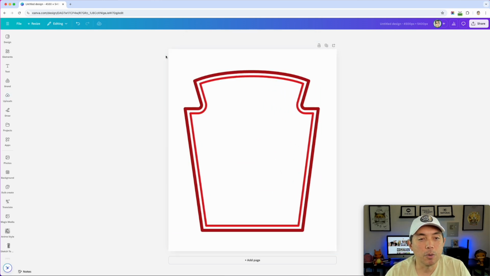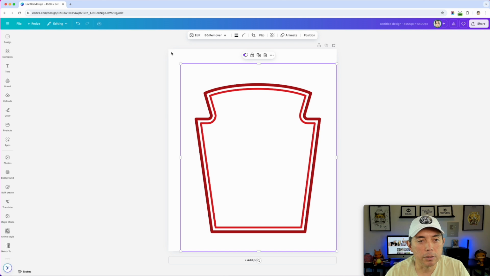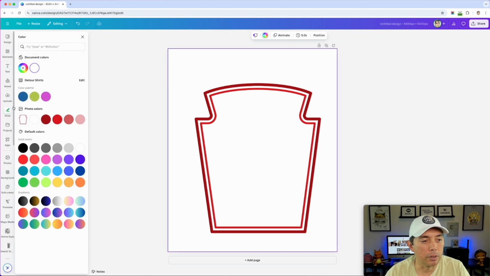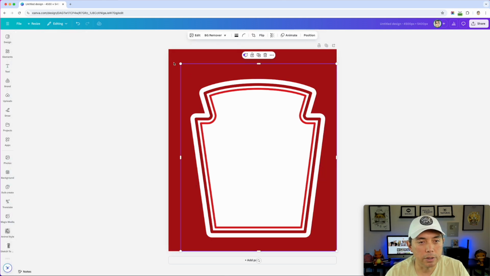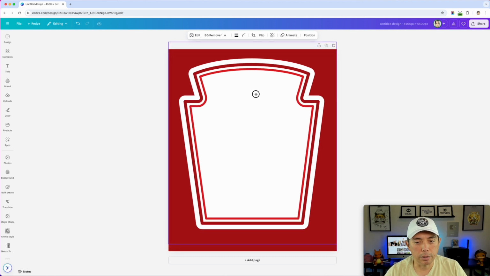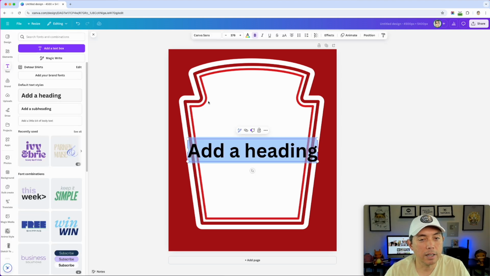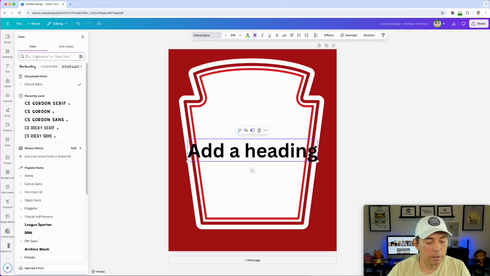Don't worry, it's actually going to be the right size because we made it the right size in the beginning. If you want to do a background here, grab this, make it a little smaller, come here, let's say we want red, which is fine. And there we go. And it could probably be up a little more like that. It's great. Okay, next thing is we need some text. So let's do text, heading, and these are the few fonts that I think would work well. By default it's Canva Sans, but type in this right here,